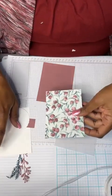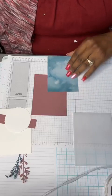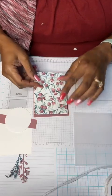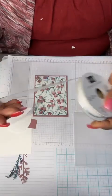This is really fun. Do you guys work with vellum a lot? For those of you that know about vellum, these two pieces are going to layer here, but before we attach them, I'm going to cut a piece of that white and silver